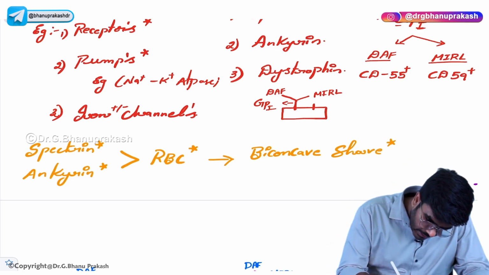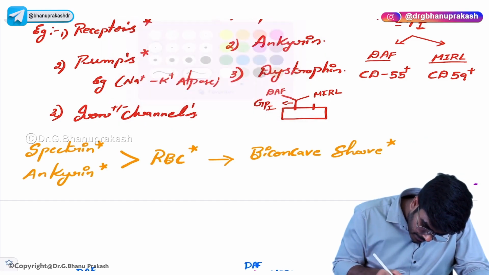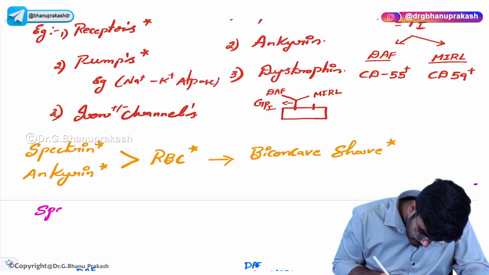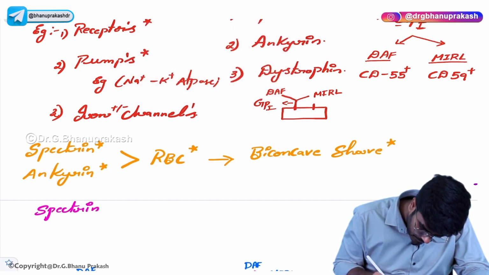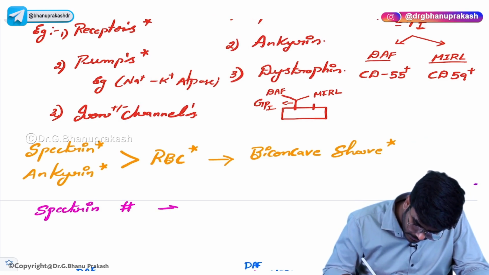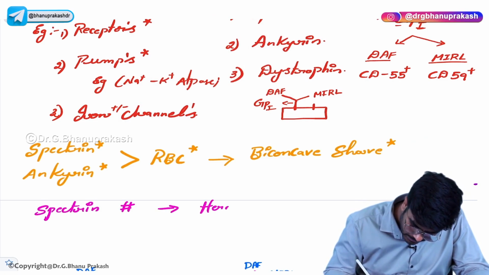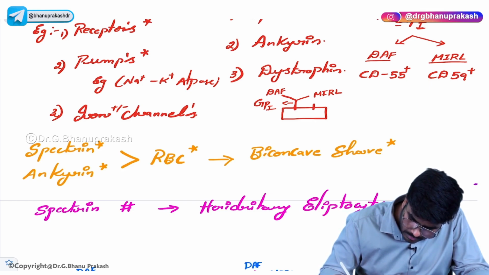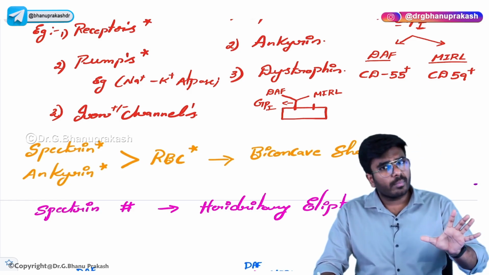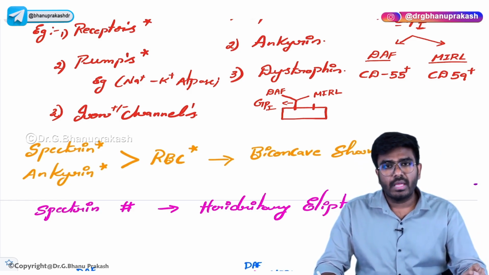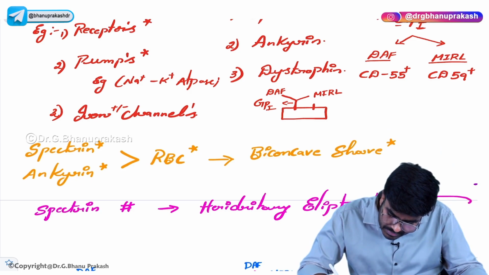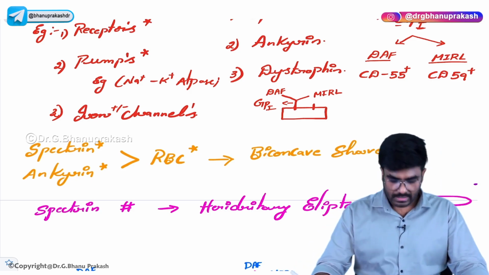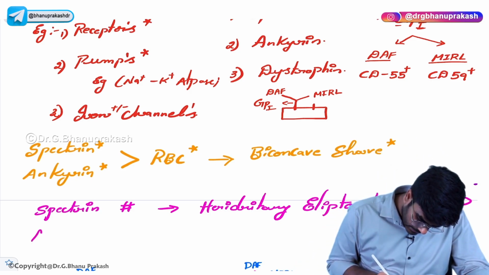Now take down here guys, whenever there is a spectrin defect, mutation, that will cause hereditary elliptocytosis, which means now the RBCs are not in biconcave shape. Now the RBCs become elliptical. Okay, something like this. Now whenever there is a defect in ankyrin,